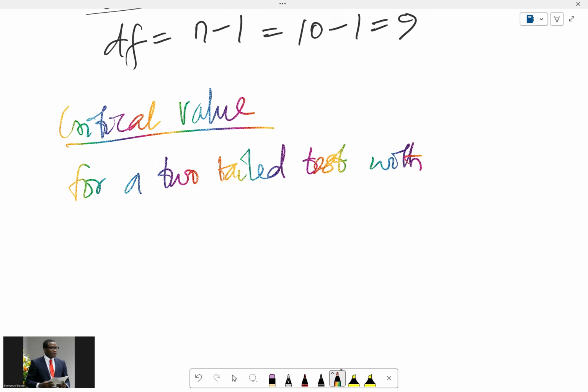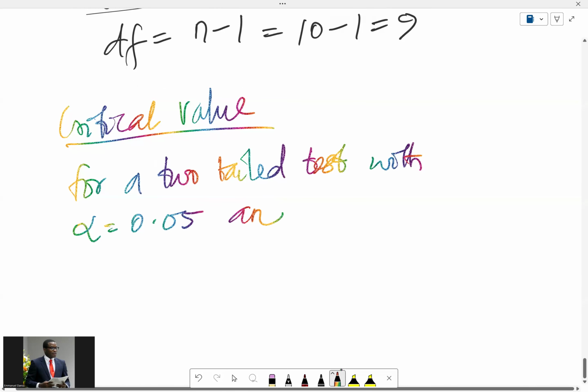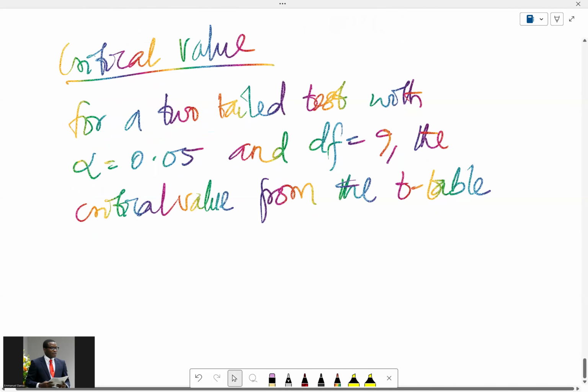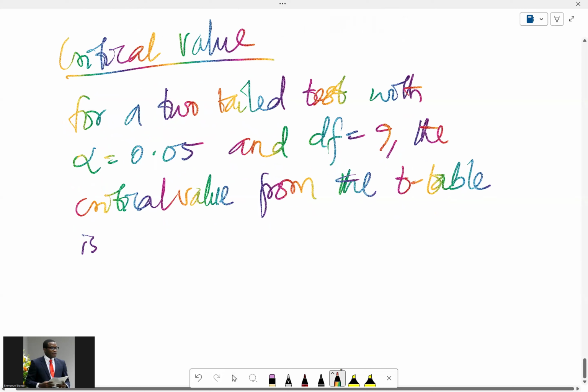So for a two-tailed test with alpha equals 0.05 and df, degree of freedom, equals 9, the critical value from the t table. Just like the calculator, you don't want to borrow, so you don't want to collect someone's table on your way to the exam hall. Use a table you've always used for your practice. So the critical value from the t table is approximately